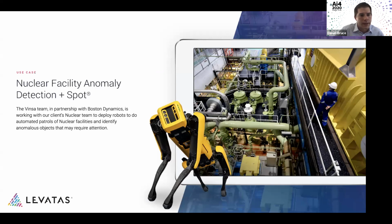And so what this looks like is we've mounted a thermal camera and an RGB camera on top of Spot. Spot is doing automated rounds throughout the facility. And as he's walking around, we're looking for things like leaks, pipe leaks. We're doing automated reading of analog gauges. And all of that data is being reported back to a central data lake, which can be used as part of the organization's